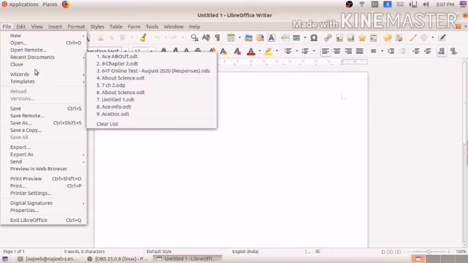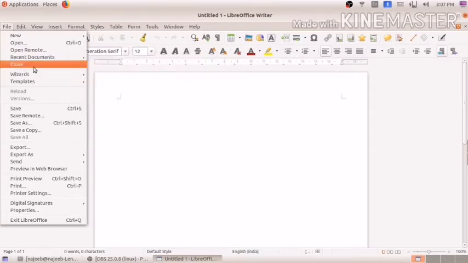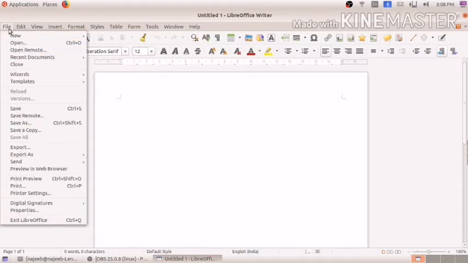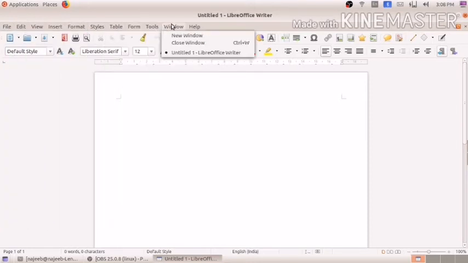Then many things are there here. We have Save, Save As, Export to PDF, then Print, and Exit LibreOffice Writer. Many commands are there under this menu. So this bar is called the menu bar.